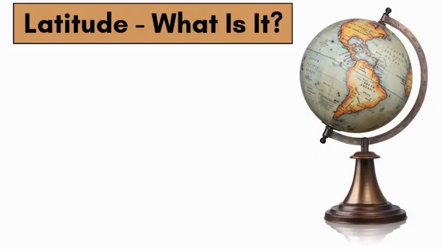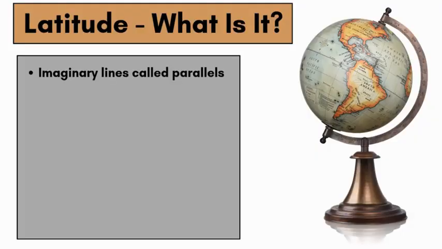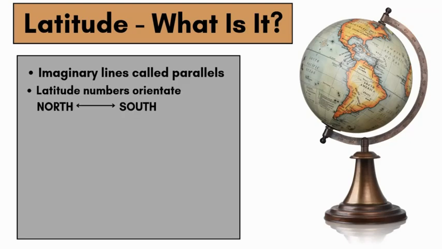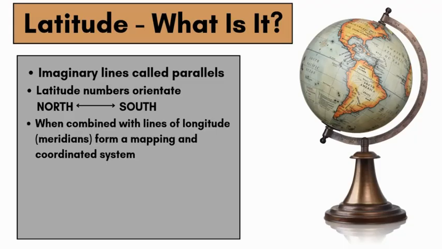Latitude is a word that means a line on a map, which are called parallels, which go north to south across our planet. They are imaginary, and when combined with the lines of longitude called meridians, they form a complete coordinate system able to map the planet and know exactly where you are in terms of your location. This is very beneficial for navigating, for trade, commerce, economy, for anyone on the planet wanting to traverse across the